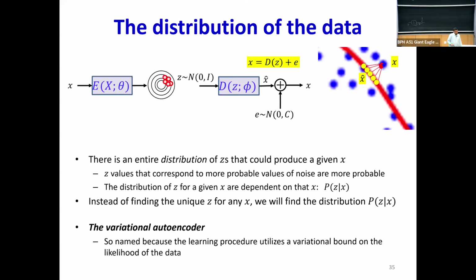Now you don't know the Zs. So what we will do instead is that you're going to put the X through the encoder. And it's going to give you a collection of Zs, a distribution of Zs. And then you're going to put this through the decoder, and it's going to give you X hat. Except you're going to put every one of these Zs through the decoder, because they're all possibilities, right? Each of them is going to give you some guess X hat. And then you're going to minimize the error over the set or the entire distribution of Zs that could have generated this X. That making sense to everybody?